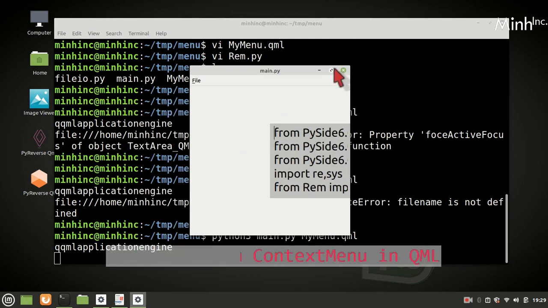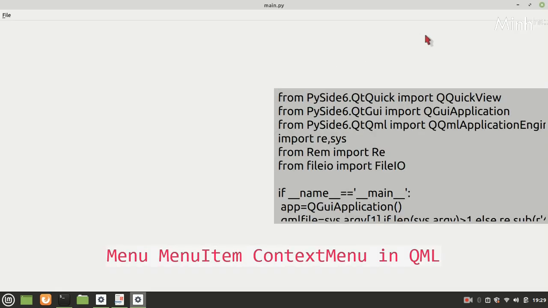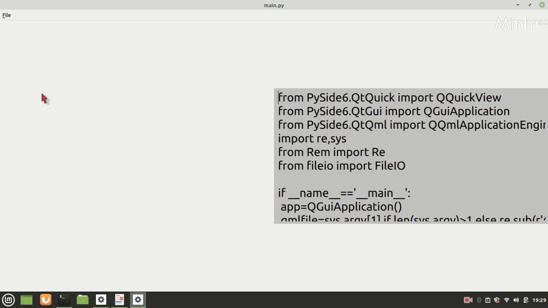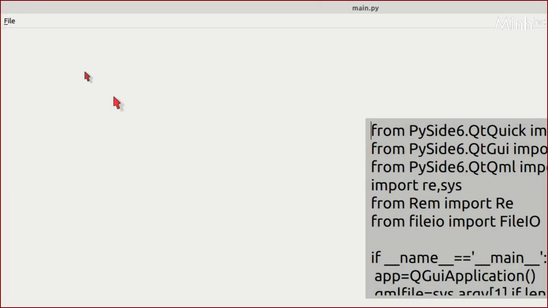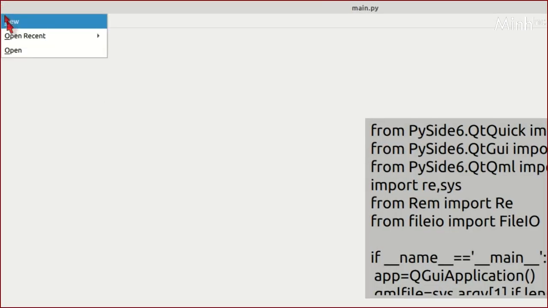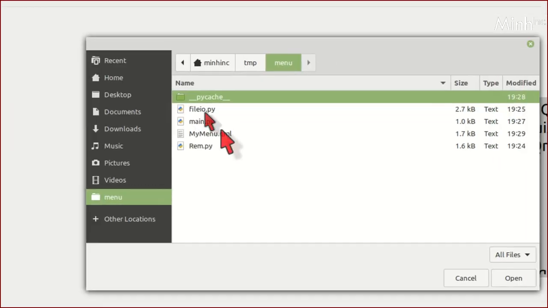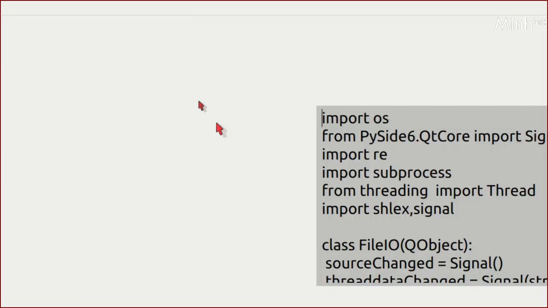Oh, it comes. So it works. Now I would say file open and another file, and it changes.